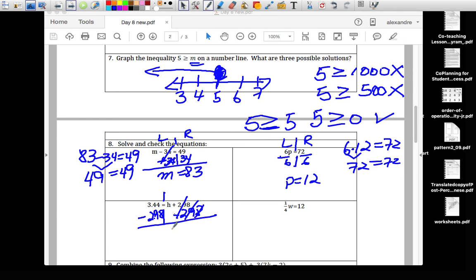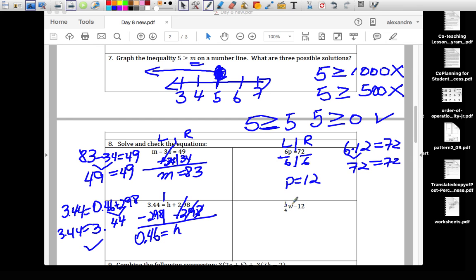So these two cross out, leaving me with h on one side. And then here, 14 minus 8 is 6. 13 minus 9 is 4. And that gives me 0.46. Okay. If I do my check, I will have 3.44 equals h, which I know is 0.46 plus 2.98. Okay, so if I add these two, will it give me 3.44? Let's see, 8 plus 6 is 14, carry 1, 10, 14, and guess what? Yes, it does. So my left side